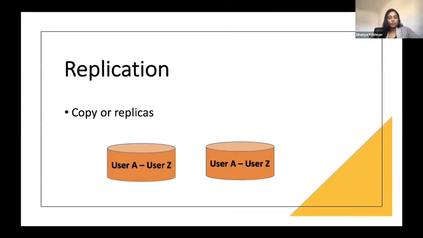So let's assume you have a table which stores the information of your users. For example, the users whose name starts from user A to user Z, by that I mean consider a table where you have all the users, and A or Z represents the first letter of the name of your user. So replication basically means you have now replicated or created another instance of your user database. So that's one of the strategies for how you can scale.